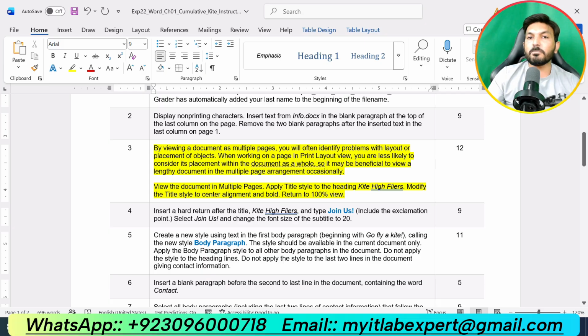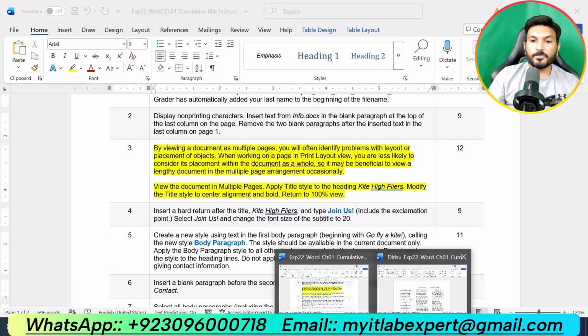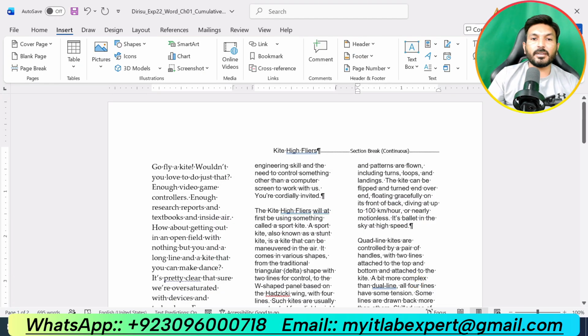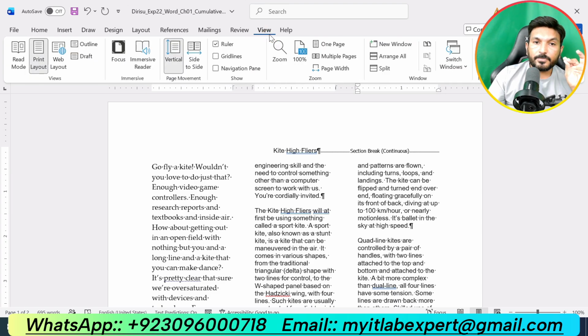View the document in multiple pages. Apply the Title style to the heading Kite High Flyers. Modify the Title style to center alignment and bold. Return to 100% view. So first of all, we will go to the document, then we are supposed to go to the View tab here.